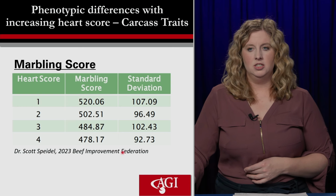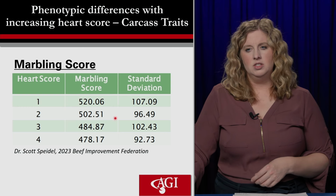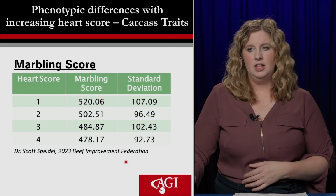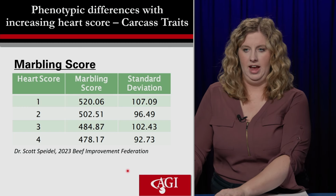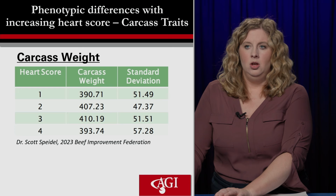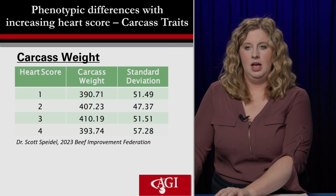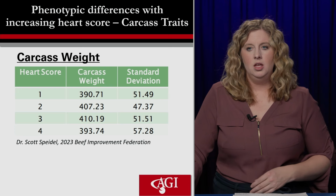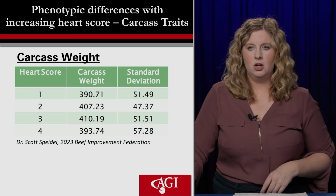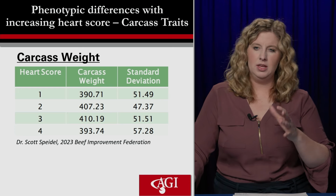But as we start to get into some of those affected categories, you can see as that heart remodeling progresses that they've seen a bit of a phenotypic difference, right, in those marbling scores as reported. If we look at another individual phenotypic difference, carcass weight, here, this particular graph, from a phenotypic standpoint, gets a little